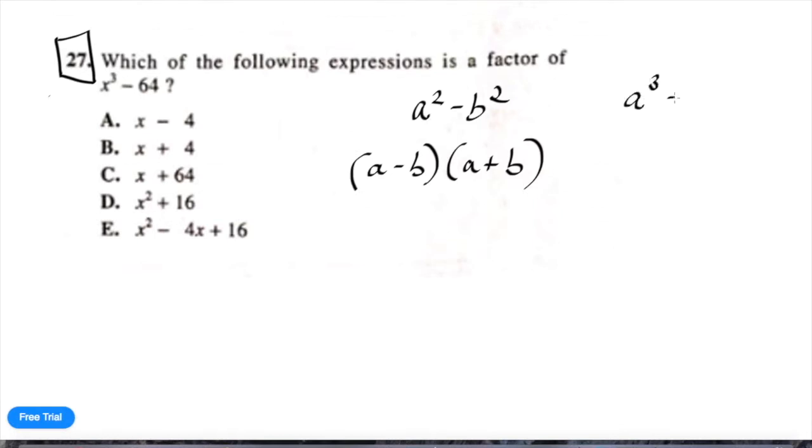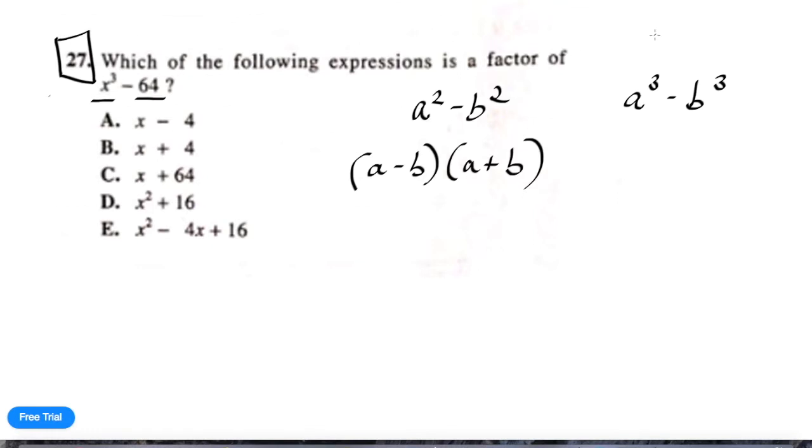Difference of squares is something like a squared minus b squared. And that can always be written as a minus b times a plus b. Okay, and that might look familiar because of these x minus 4s and x plus 4s. Difference of cubes, which we have here, is written as a cubed minus b cubed. Now, this is a difference of cubes because x could be the a here, and 64, which we're calling b cubed,